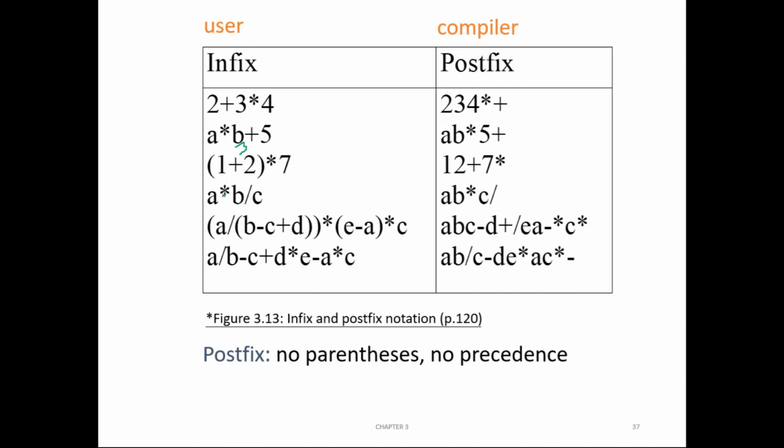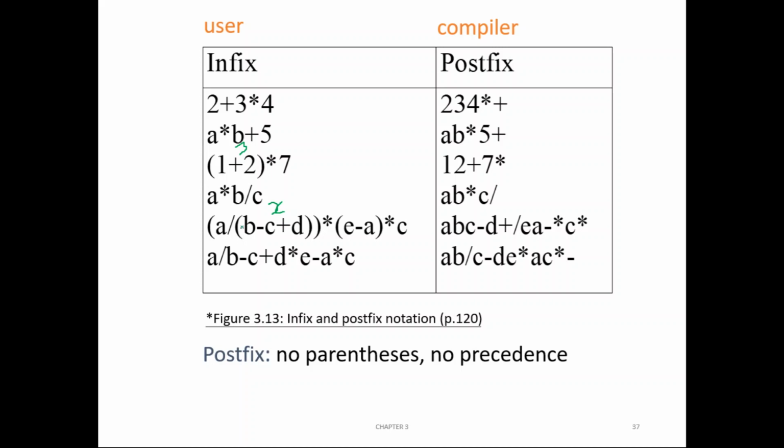Okay. Here you can see star is coming between a and b. Okay. And slash is coming between b and c, right? Here you can see this plus is coming between c and d, minus is coming between b and c. This b minus c plus d will evaluate to something, say it is x. So this slash is coming between a and x. X is nothing but b minus c plus d, right?